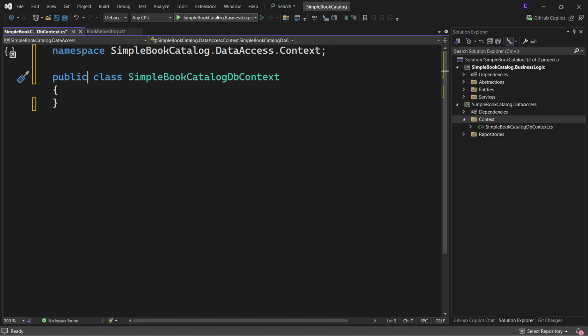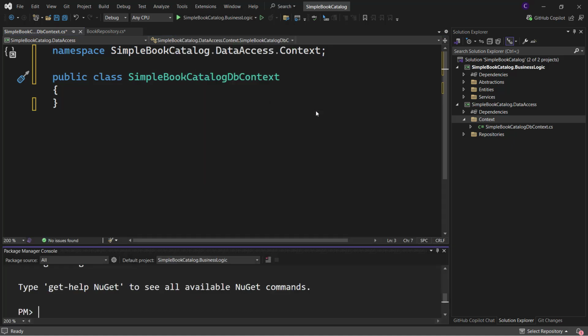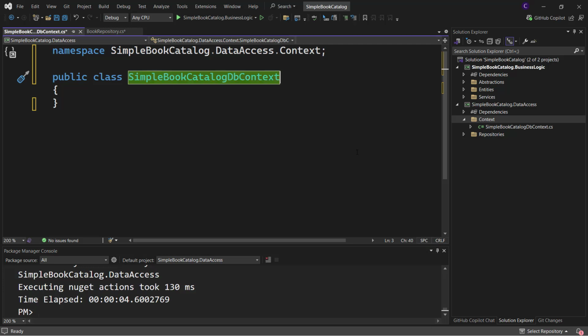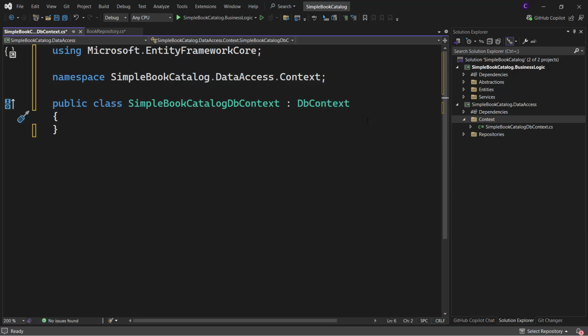So we need to go to Tools, NuGet Package Manager, Package Manager Console, and set the default project to the data access project and type install-package Microsoft.EntityFrameworkCore.SqlServer, as we will be using SQL Server Express LocalDB. Now we can inherit from DbContext, make sure to bring in the namespace, and override OnConfiguring